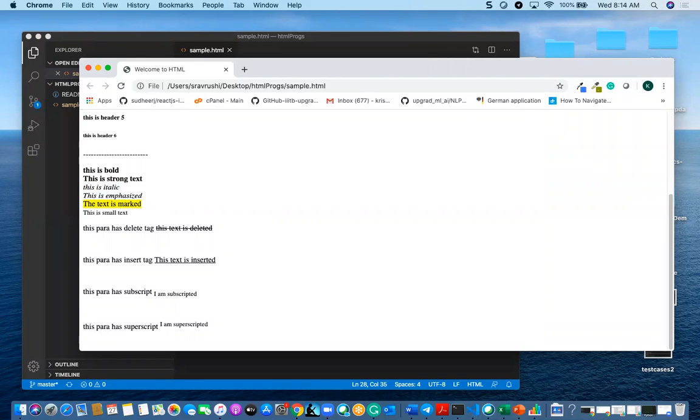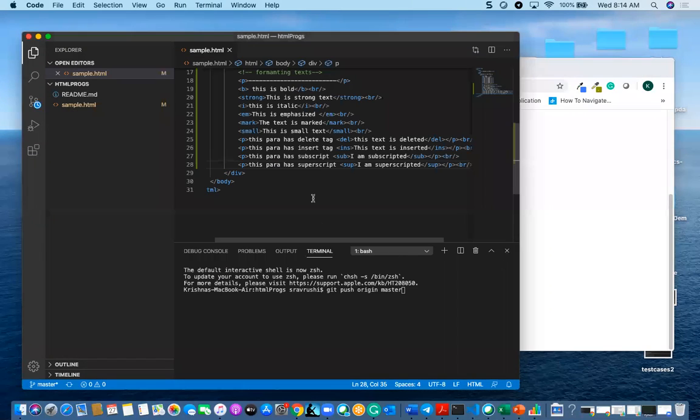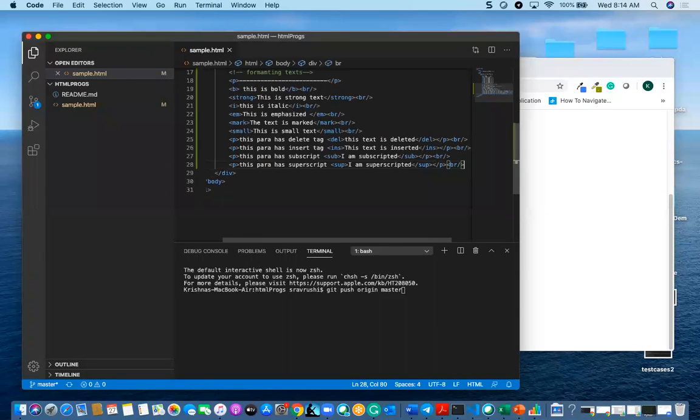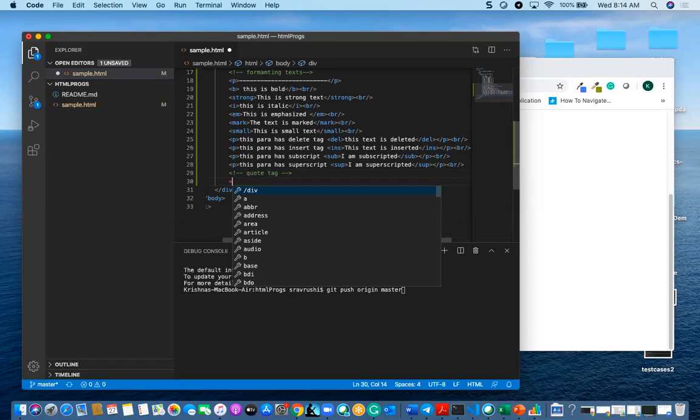And one more thing is quote. We'll see short quotes, block quote, and quote tags. They are like this.